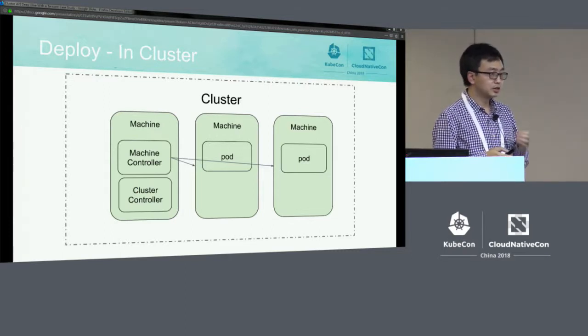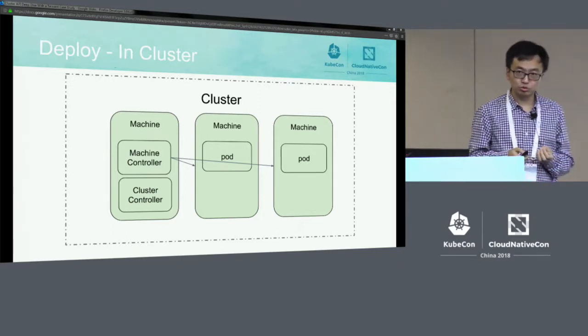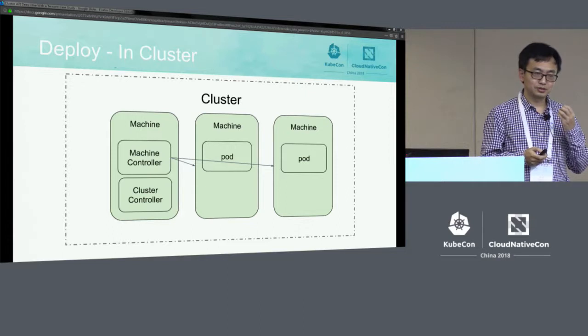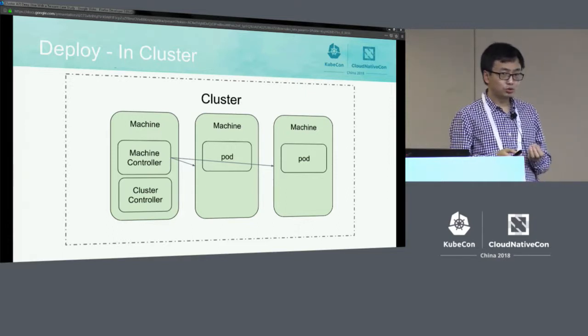In this cluster, we put the machine controller and cluster controller and other controllers. They are deployed as normal pod, so they're deployed inside the cluster. The benefit is the realization is easy and it's easy to understand, but there will be problems with reliability. For example, if a node is broken and I want to replace this node,